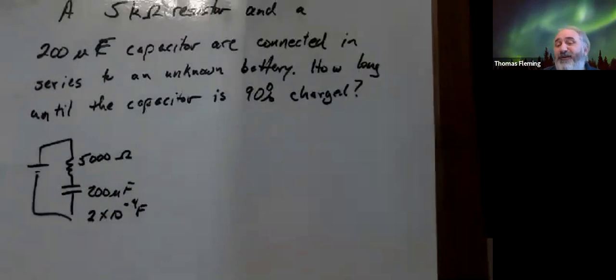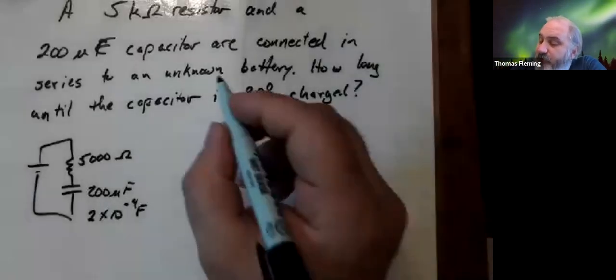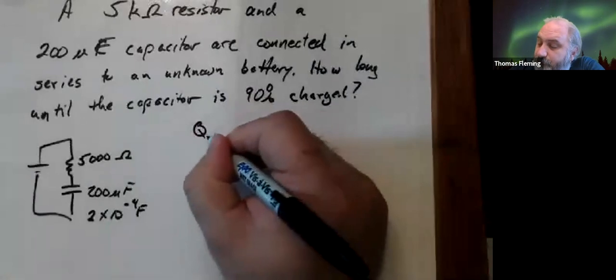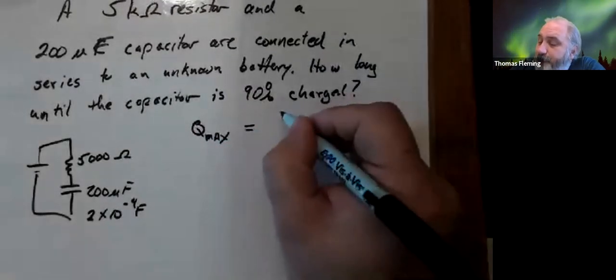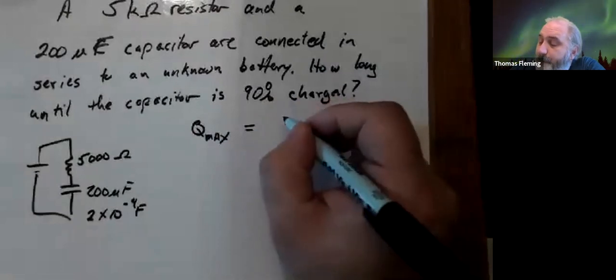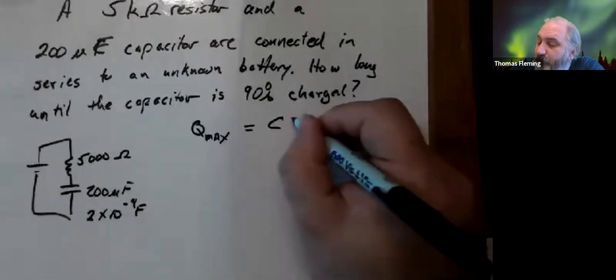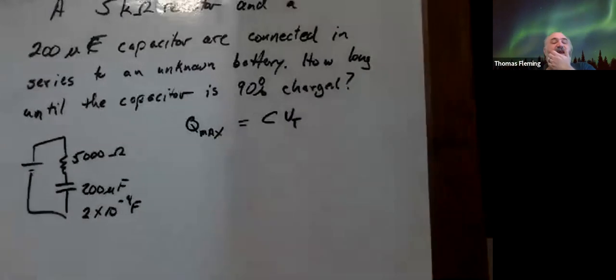But the problem is, I don't know what the battery is. I don't know what 100% charged is. I don't know how much charge I'm going to end up with. So how do I know what I'm taking 90% of? Well, it turns out it's not going to end up mattering, because even though Q max would equal C times V total, and I don't know V total, therefore I can't know Q max,